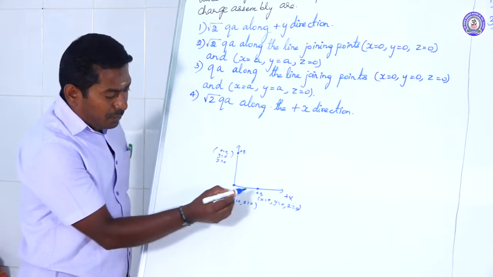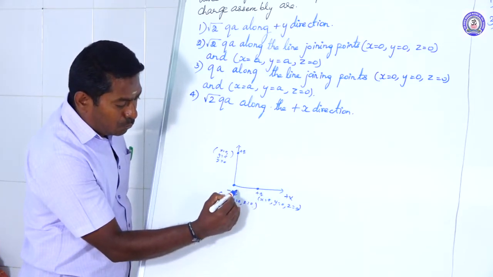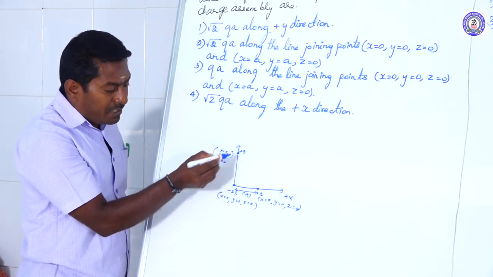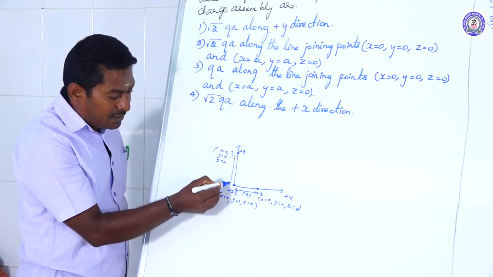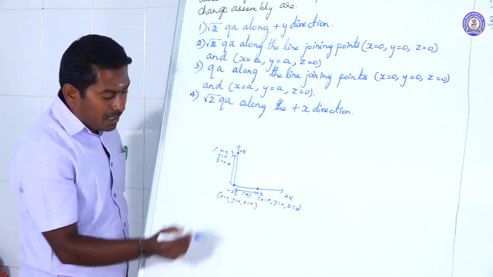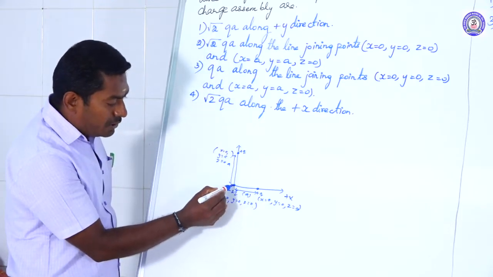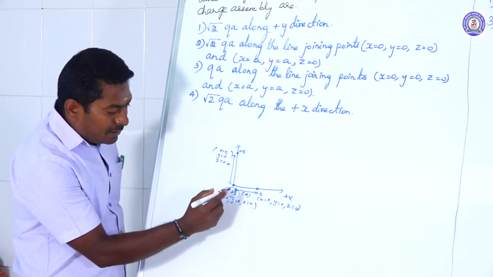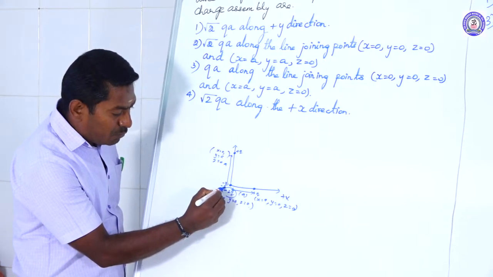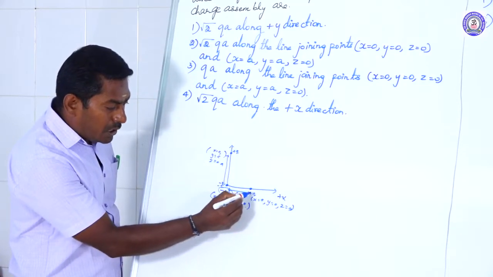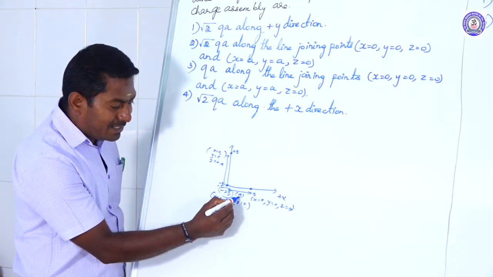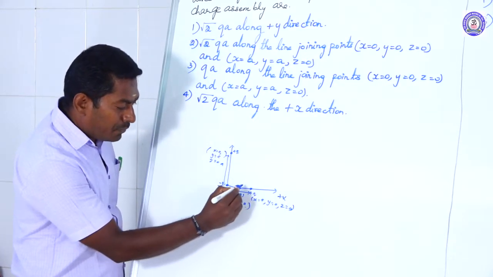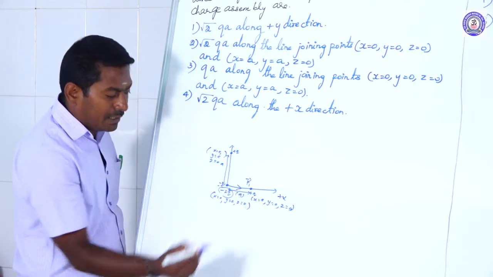So now see the position of the plus q charge along the x-axis at a distance a. The distance of this plus q charge from the origin is a, the same distance. Now the minus 2q charge is placed at the origin. This minus 2q charge is split into a minus q charge and a minus q charge. One minus q charge and one plus q charge separated by a distance will act as one electric dipole. The direction of the dipole moment acts from the minus q charge to the plus q charge, P1 vector.